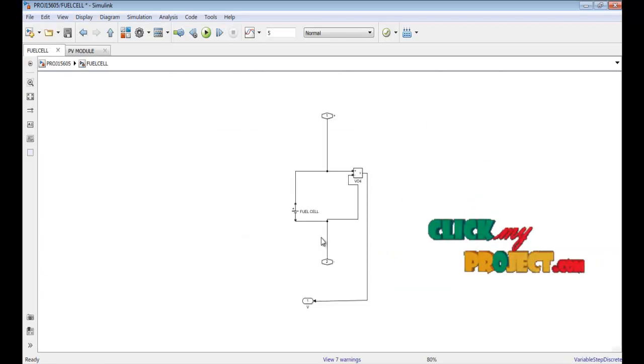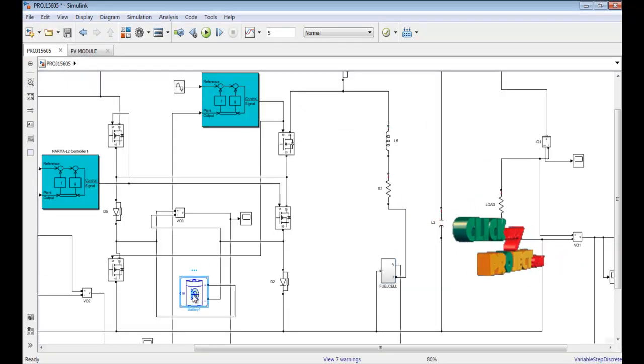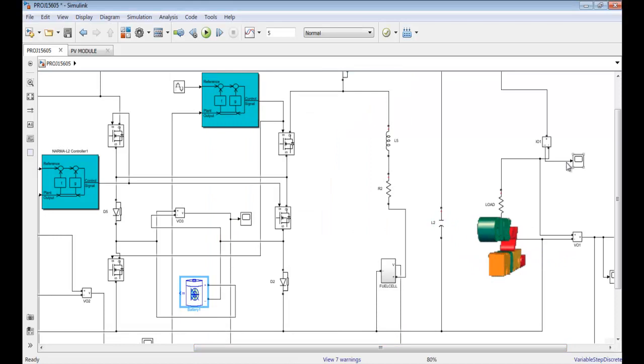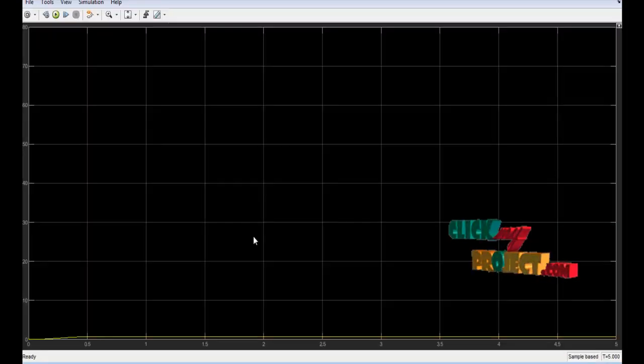This is a fuel cell. This is a battery. A lithium nickel metal hydride battery will be used. The current